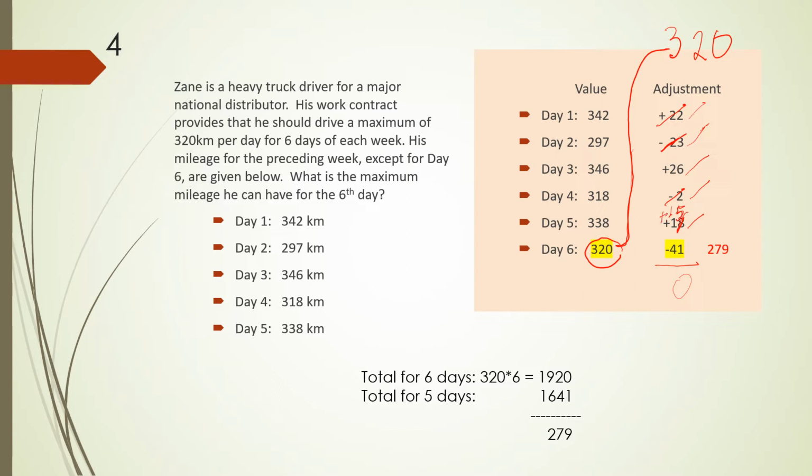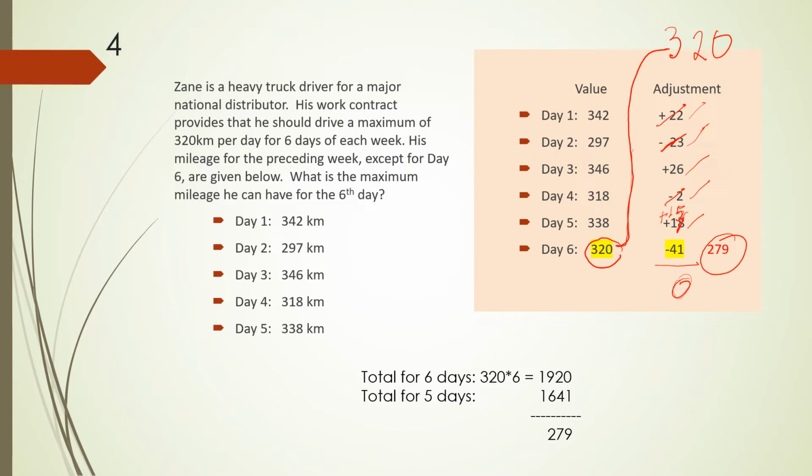So positive 26 plus 15 will be positive 41. To offset that so that the sum becomes 0, we need to minus 41 from 320, so our final answer will be